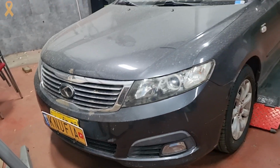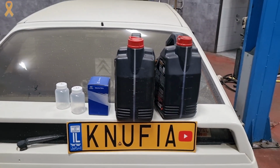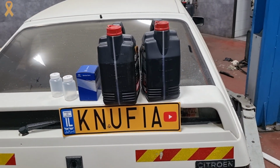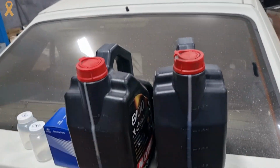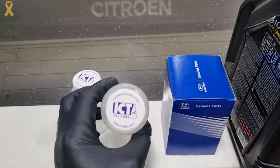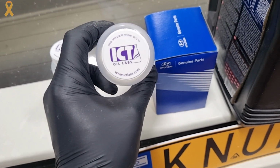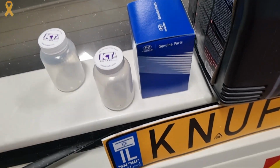Hey everyone, although I have here a lift and I'm in the garage, we're going to do another video on DIY maintenance. So what I'm having here on the BX rear spoiler, which I'm using as a bench, is 2 gallons of engine oil, oil filter, and those 2 little bottles. Those bottles are from ICT Oil Labs, an oil lab from Israel in Kfar Saba, and I'm going to take